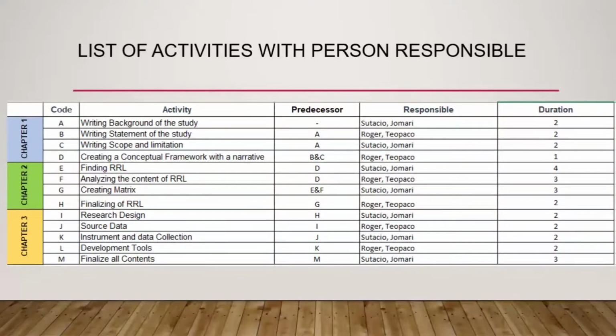Next is finding the related literature. Chapter 2 is analyzing the context of RRL and creating a matrix, finalizing the RRL. And Chapter 3 is research design, source of data, instrument and data collection, and development tools, and lastly, finalizing all contents. So here in the predecessor column, first is A, and next is